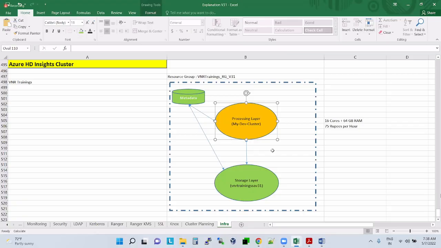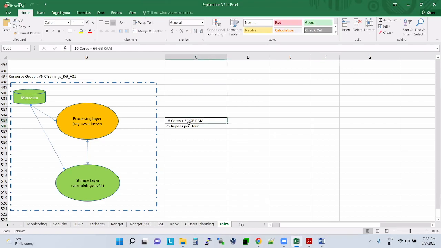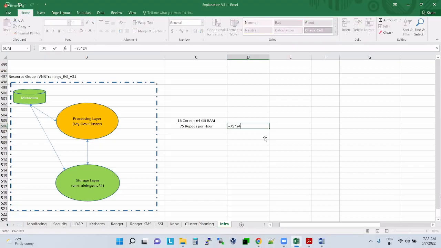And guys, people are thinking that cloud is making our life easy, but when it comes to cost, take this one. This is the laptop. How much are they charging per hour? Suppose I take this VM, they are charging around 75 rupees only for processing, and storage will be separate. Yes or no? Only for RAM they are charging this much. So per day it is 75 into 24 hours. This is the per day cost.